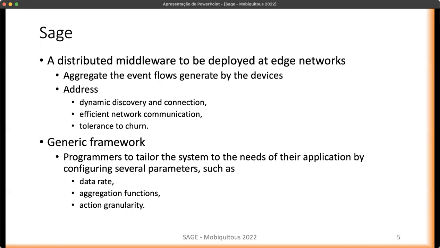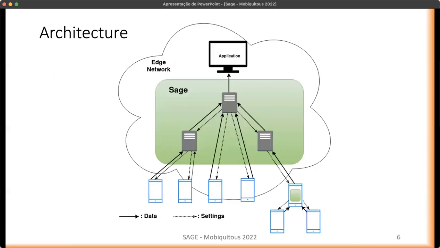It also provides a generic framework for programmers to tailor the system to the needs of the application by configuring several parameters such as data rate, the functions to be applied to the events that are generated by the device, and also the granularity of actions, which we'll talk about a little bit later.